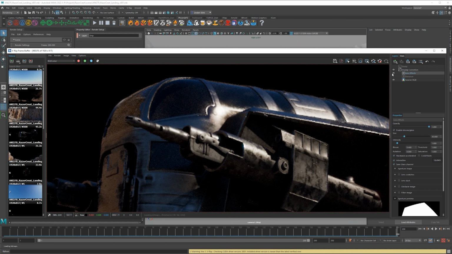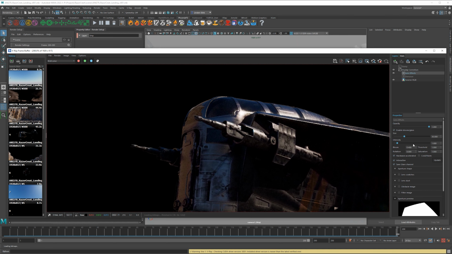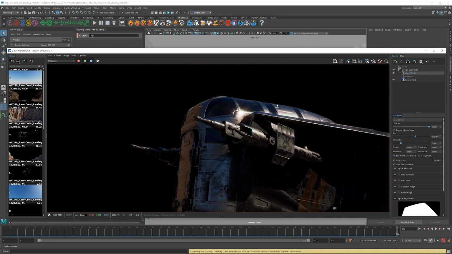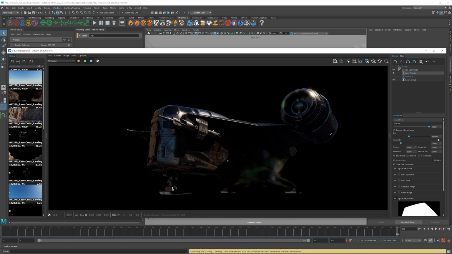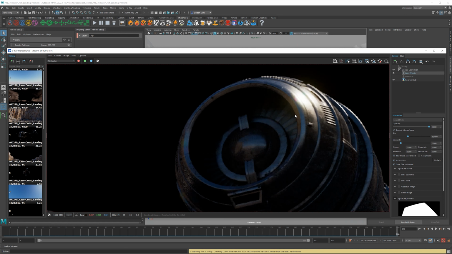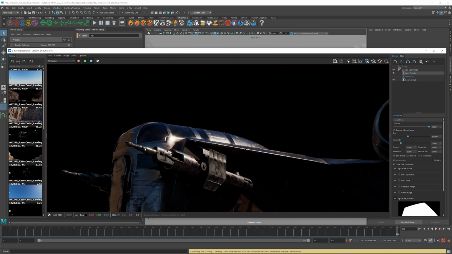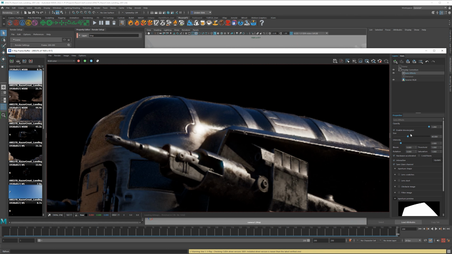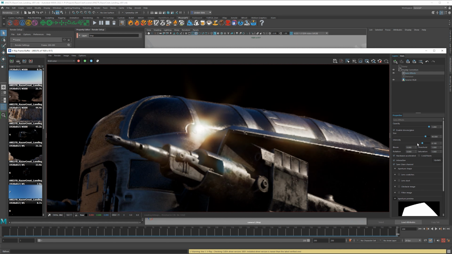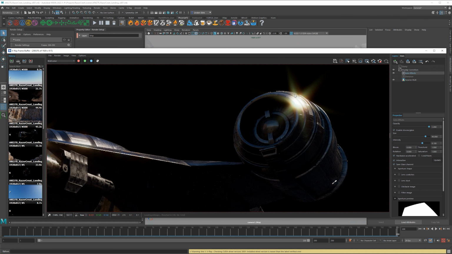And you can see that's pretty subtle. You probably want to increase that though. So we could do an intensity of maybe 2. You can increase the size as well. And there's those 2 options, if you recall. There's bloom. If you increase that all the way up, that's just going to be a glow. If you pull that all the way down to 0, it's going to give you more of a sharp kind of star shape. So if I make this ridiculously big, you should be able to see that a little bit more clearly. Like that. That's kind of ridiculous, like a star.